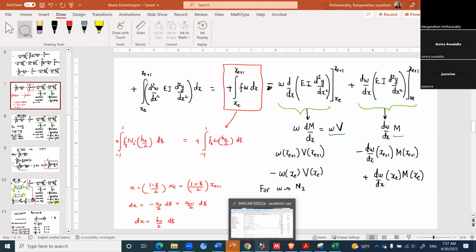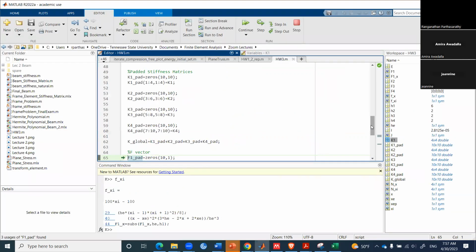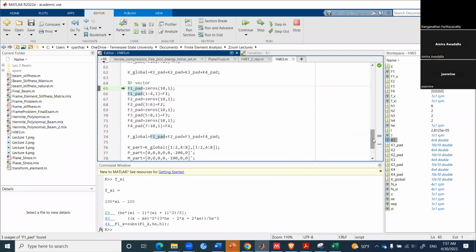Did you get it? Okay, I couldn't hear anything. But you're doing this integration for each interpolation function. So you will get your F1, I made the pad zeros, and you're inputting this into the padded one. So your F global,